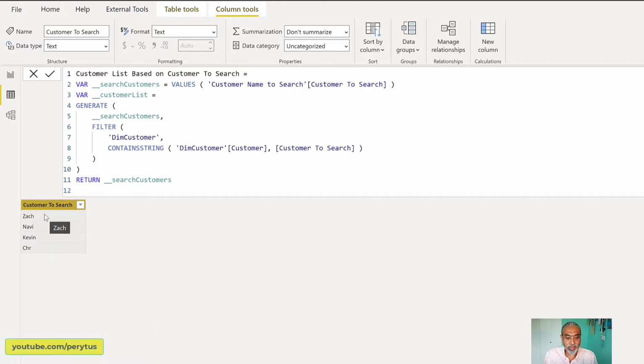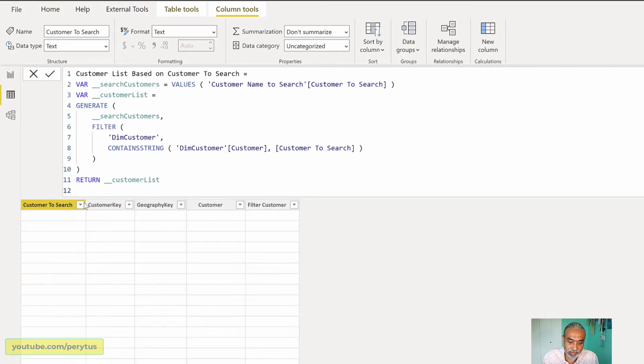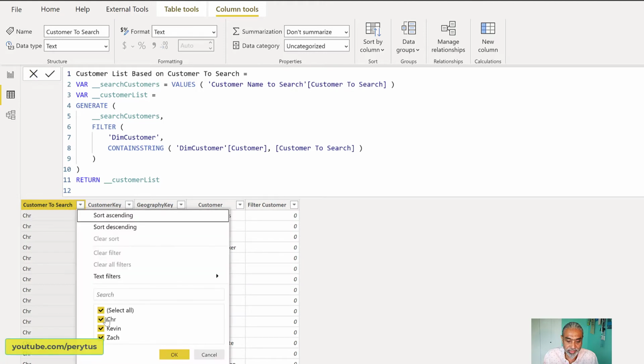So we have four values: Jack, Navi, Kevin, and CHR. But there is no customer matching the name Navi, so we are not getting any row returned for that. So in this final output, in the customer list, we are only getting three values: CHR, Kevin, and Jack, and that is the generate